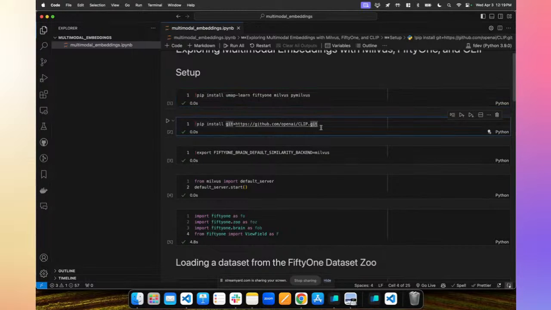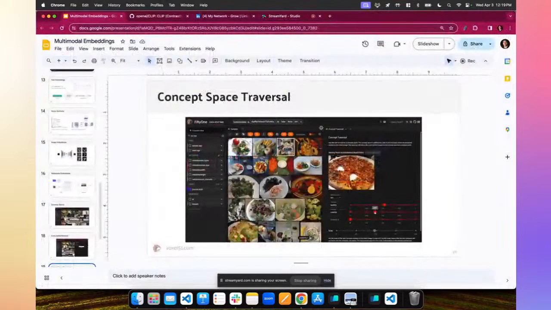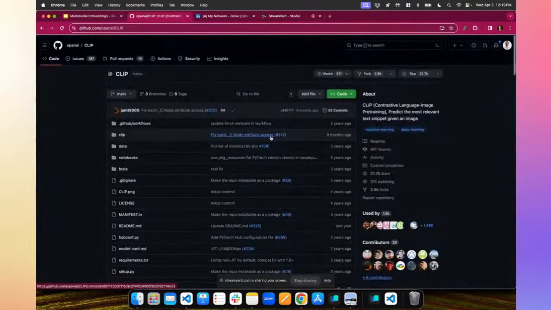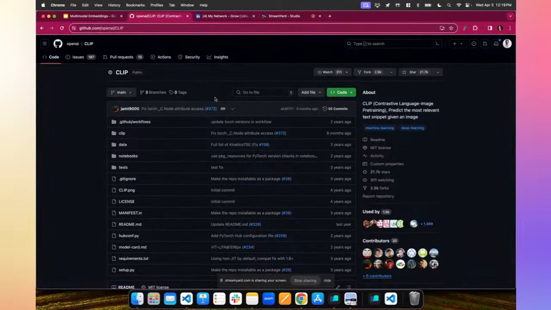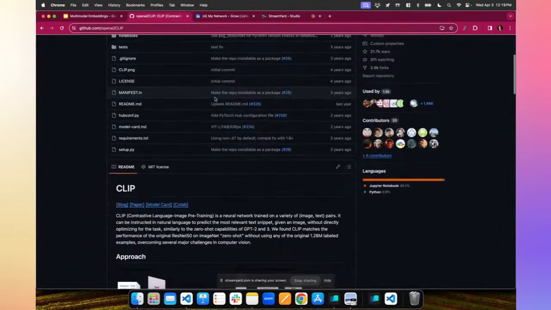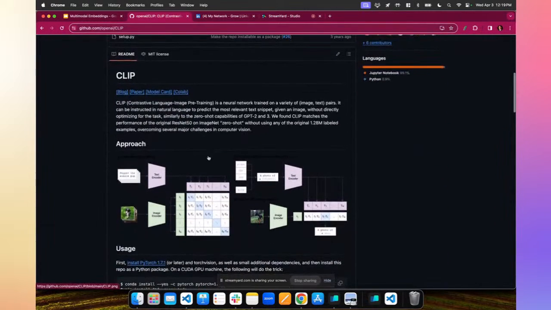But the last thing you're going to want to install is CLIP. So I just showed you something about CLIP, but you can go to the OpenAI CLIP GitHub repo and check it out. This is the original source. OpenAI put out this paper, the project around contrastive language image pre-training, or CLIP, a couple of years back, and this is the official implementation.